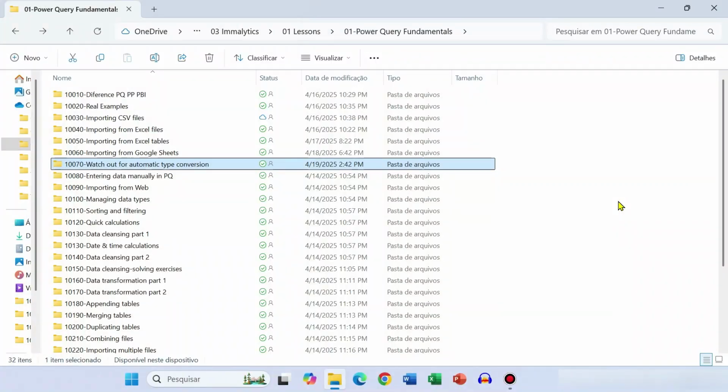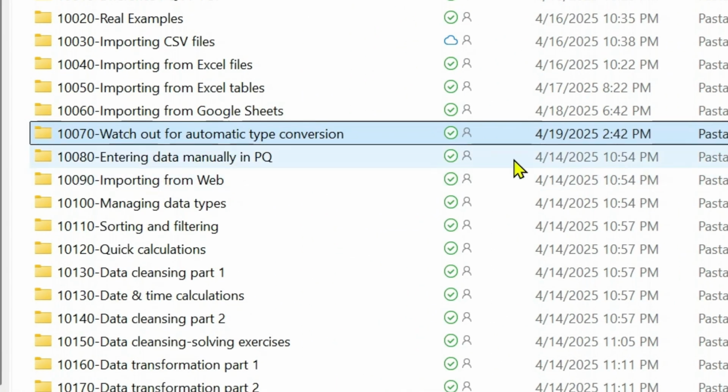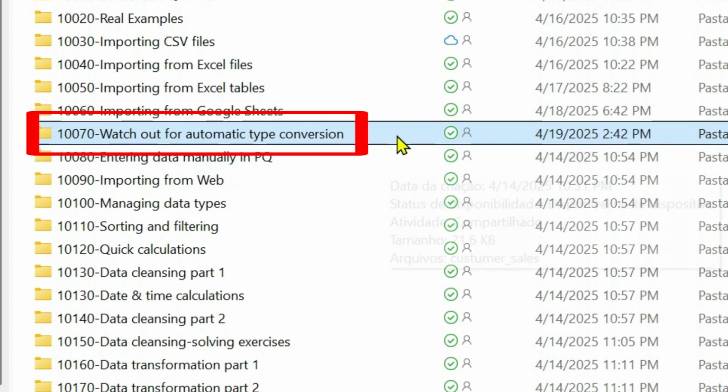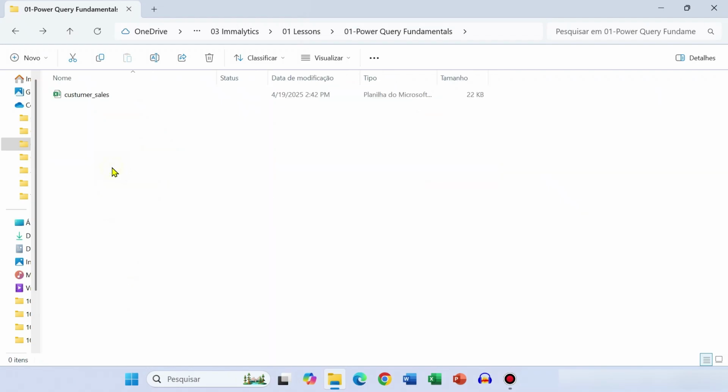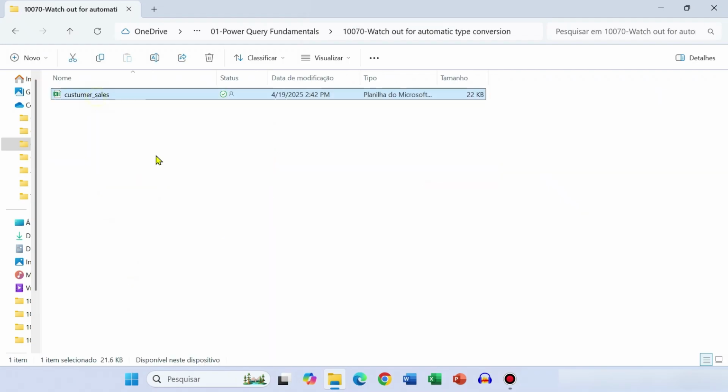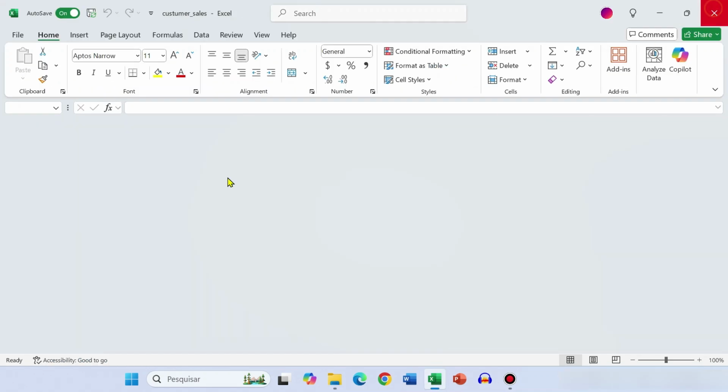Let's get started. Okay, in this video, we're going to learn how automatic data type conversion could be a problem for you when you're working with Power Query. So we're going to use the file that is in this folder right here. Watch out for automatic type conversion 10070, and I have a table called customer sales,